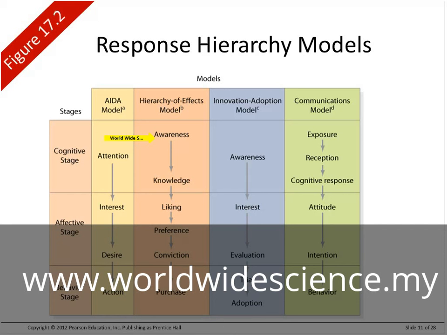And after that, you must increase their knowledge about your company, and you must do something to make them like your product or your company. Preference means they prefer your company compared with your competitors. And conviction is the last step of the, for example,